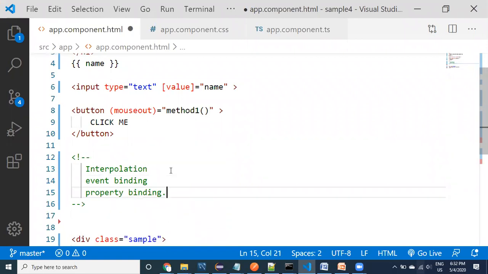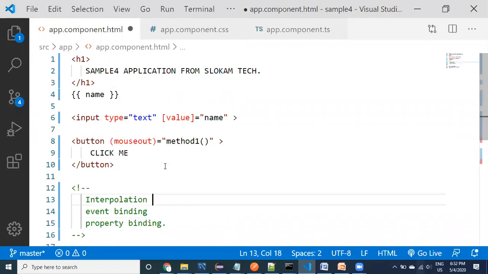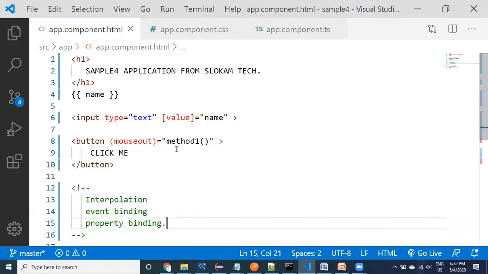Okay, event binding, interpolation, event binding, and property binding. Let us look at it guys. I would like to go into more detail about interpolation, event binding, and property binding. So we have to use those things. Let us go to here.